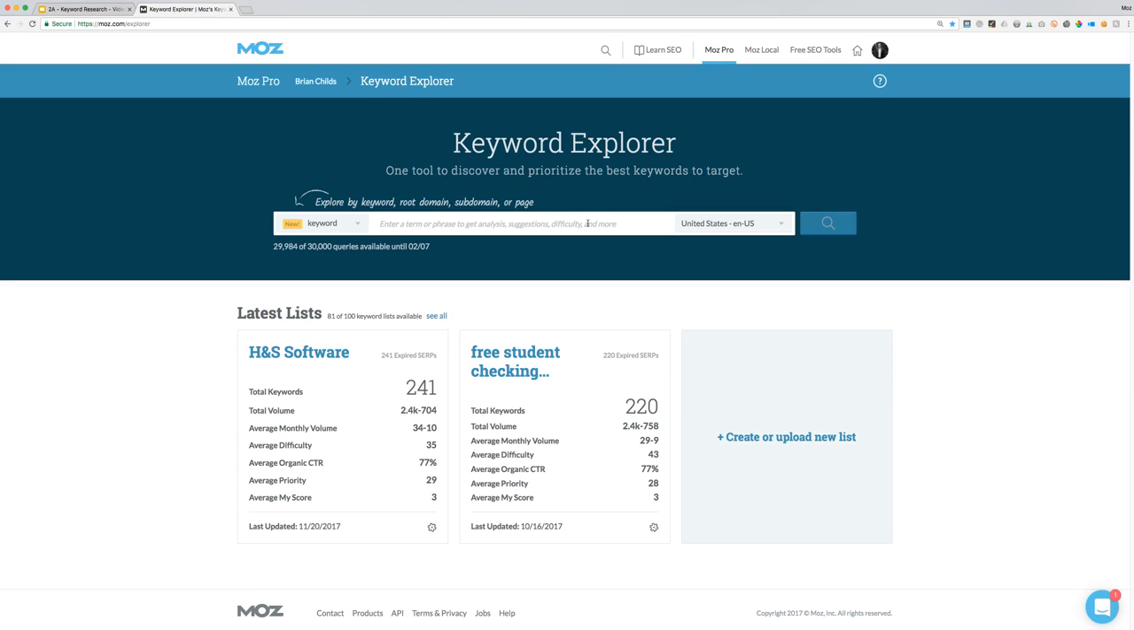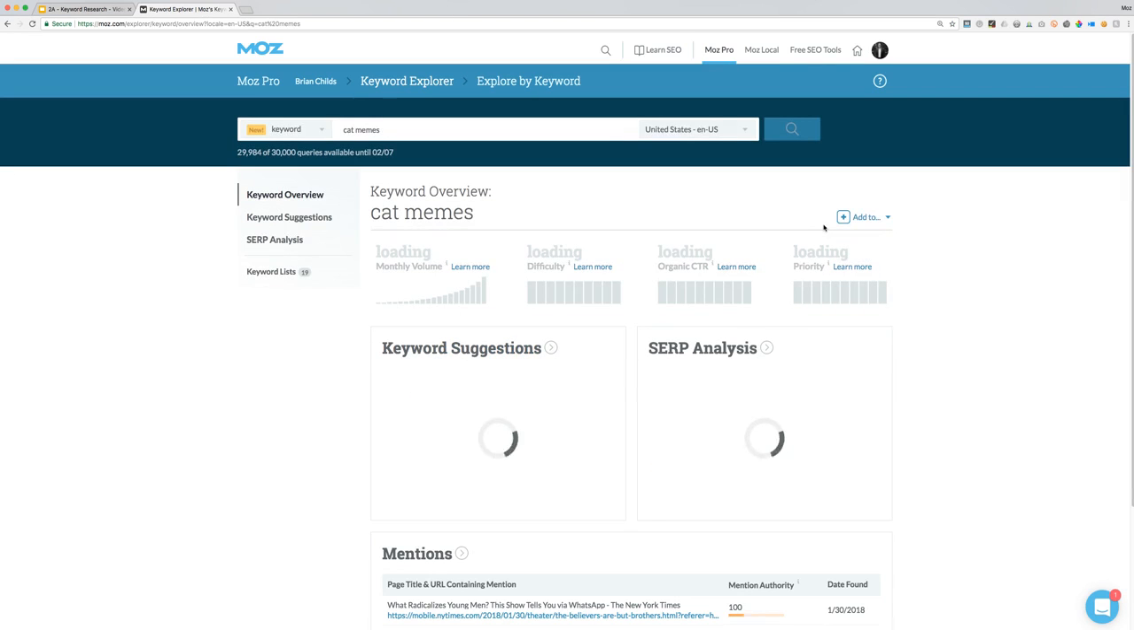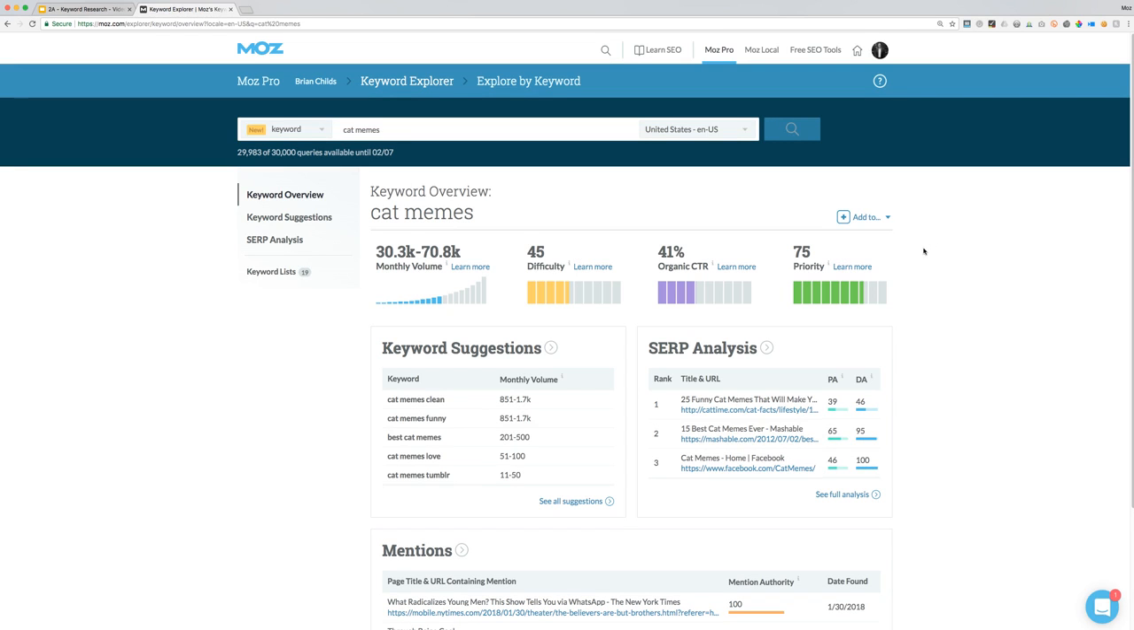So let me just put something in here like something that everybody obviously searched for, cat memes. So I'll click on the search window, and all I'm doing here is just showing you what this interface looks like. We'll go into what each one of these different metrics mean. However, once we search for a specific keyword, you can see that the keyword overview page comes up. We have the overview section at the top here, keyword suggestions, where we can come up with additional ideas for keywords based upon what we've placed in here, SERP analysis, so search engine result page analysis, where we can see what